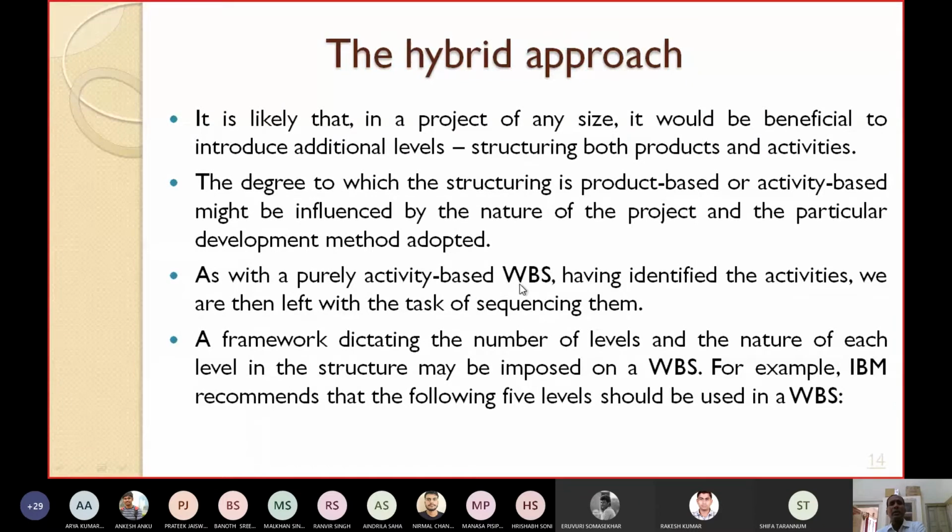In this case, first we identify the activities, and then we try to order them: which activity will come first, which will come next, and then which after that. We are finding a sequence for them, and the ordering of these activities is carried out.